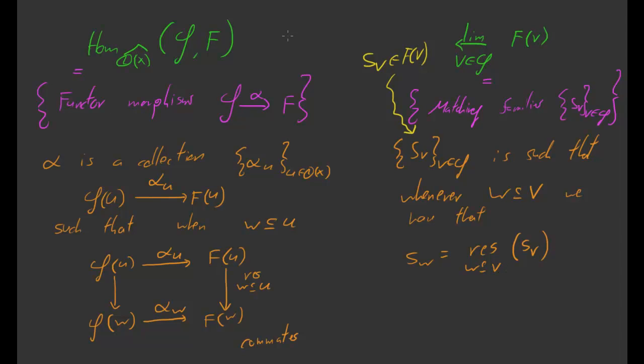And now let's see why they're isomorphic. So I'll do this by giving a map going from here over to here, and then I'll give an inverse map going from here over to here. In both cases it isn't hard to guess what's going on. But let me think, which one will be nicest to do first? I think this one. So, okay, let's describe that map. We want to get a map from this guy over into